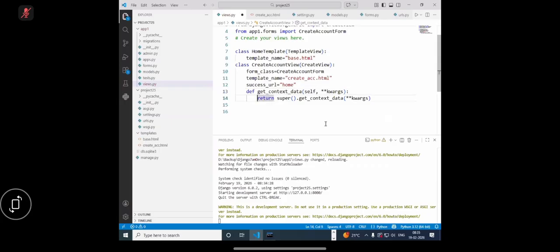This returns the context object. It returns what? Context. Within the context, you can add more data, and that data you can render into what? Template. Getting it or not? So here, in the create account view,